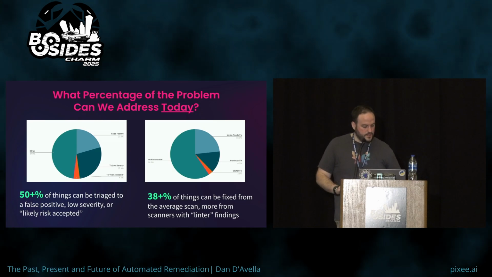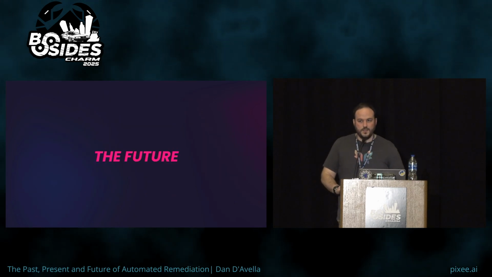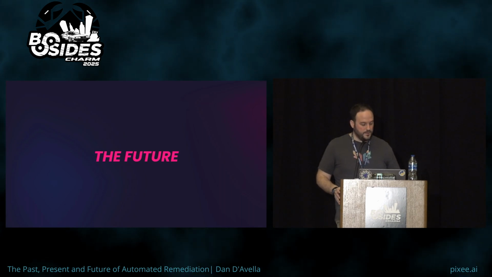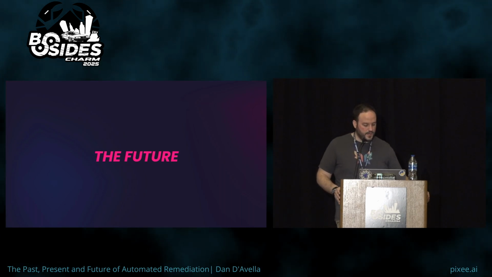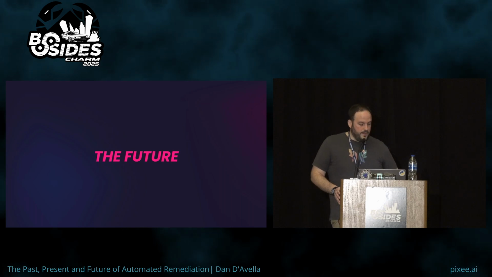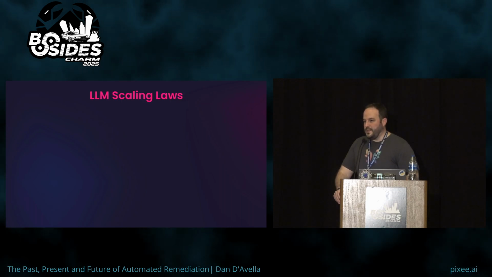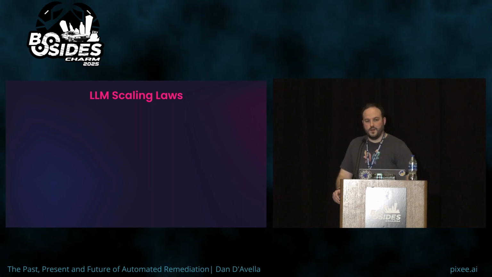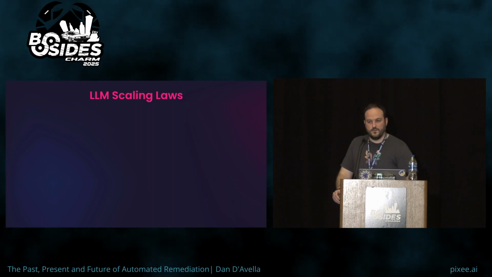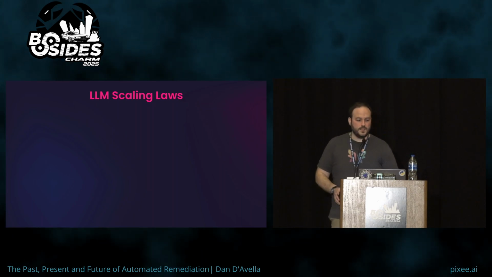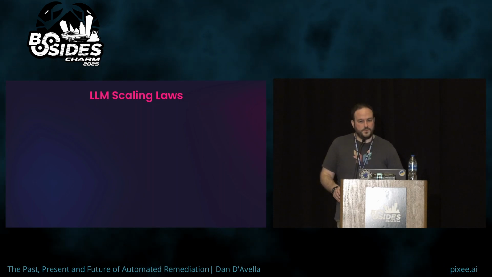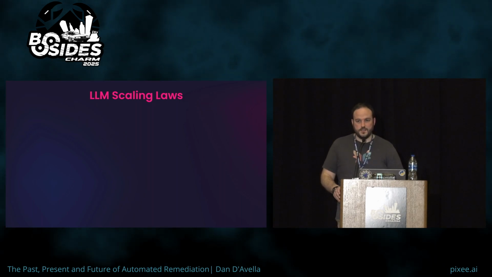Okay, so that brings us to the future. This is where we get to make some educated guesses about what's going to happen next and what we'll be capable of doing next. So the first prediction I'm going to make is that generative AI is going to continue to be very important for automated vulnerability remediation. I think we're very near the point where generative AI-based code changes is going to be